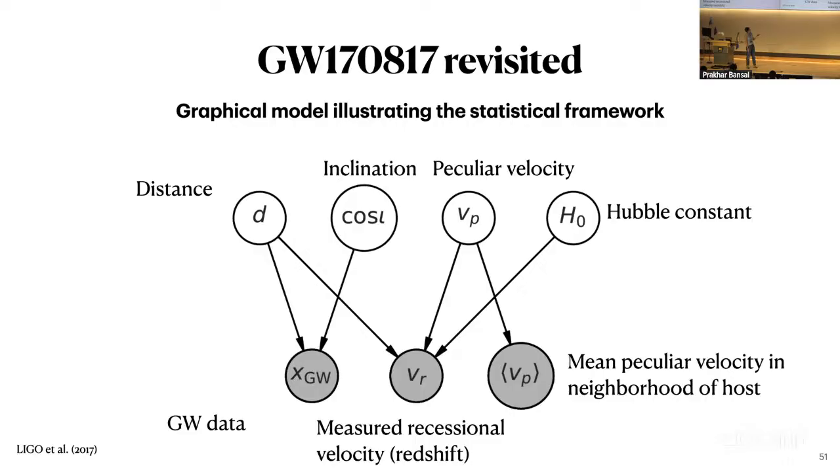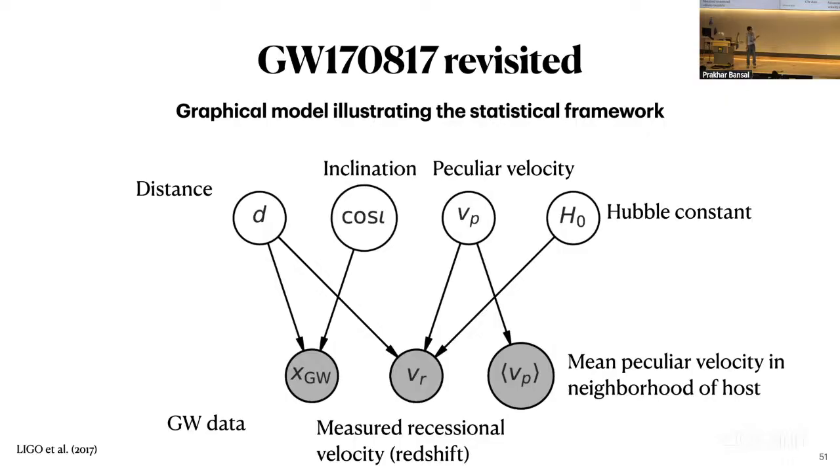And so that recessional velocity depends on the distance to the source, the peculiar velocity, and the Hubble constant. If you have these three variables, you can directly solve for the recessional velocity, and the mean peculiar velocity that we measure is just informed by the true peculiar velocity. And all of these parameters up here are parameters that we need to put priors on in the inference, whereas